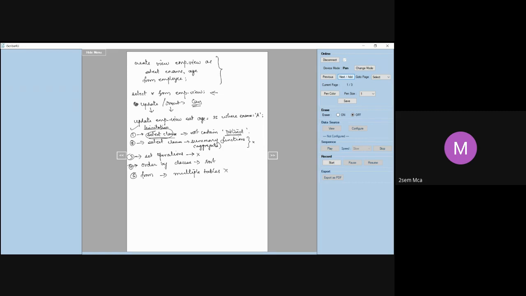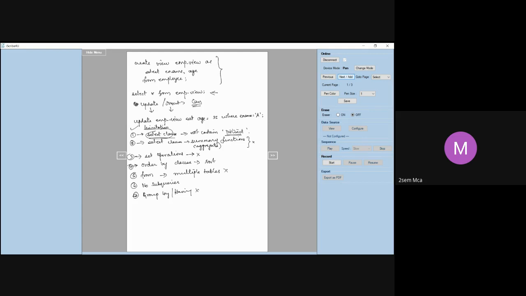You cannot have any kind of subqueries. This is again not allowed. You cannot have any kind of GROUP BY or HAVING clause. That is also not allowed. All this is not allowed when you do an updation.